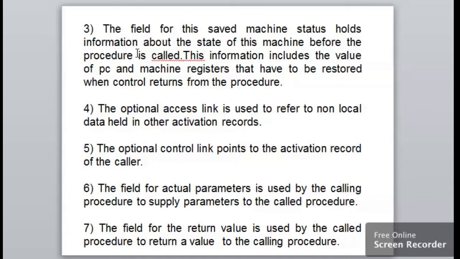The next field is the saved machine status. This field holds the information about the state of the machine before the procedure is called. This information includes the value of the program counter and the machine registers that have to be restored when the control returns from the procedure.